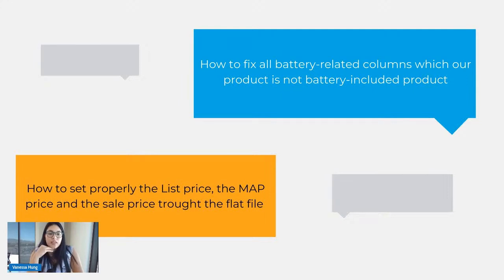Okay, how to properly set the listing price, the MAP price, and the sale price through a flat file. Amazing question. In the flat file we have three different places where we can put pricing. Maybe if I share my screen with you guys it'll be better. Okay, I promise I'm not messing this up this time. Okay, you see it here? If you see my screen,